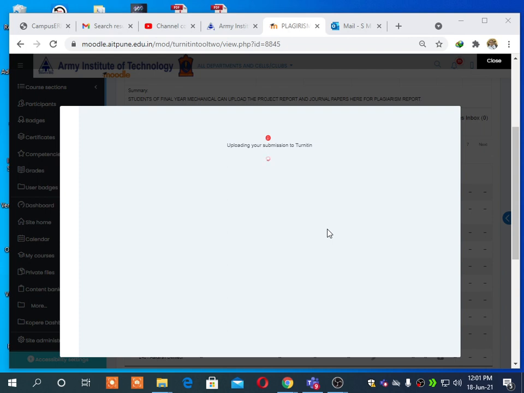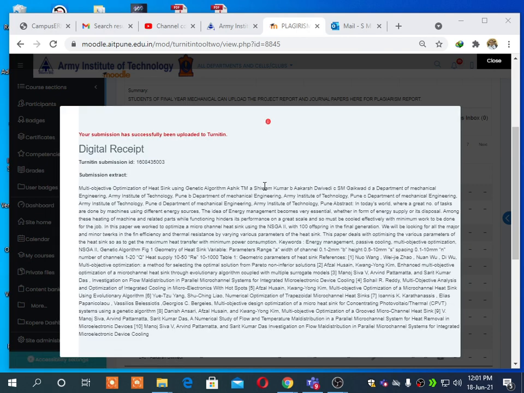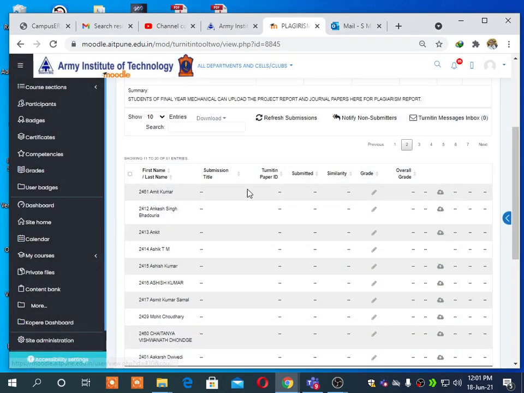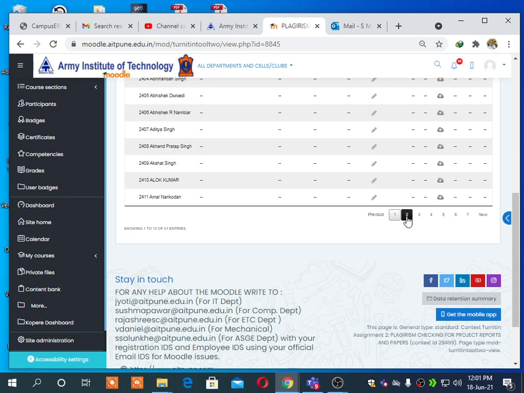and it will give me the similarity index, how much similarity there is and how I can do that. Mostly it is used when students are submitting any kind of seminar report, project report, or any kind of paper. At that time we can use it from the Moodle itself. For that purpose, it is one kind of assignment. Your submission has successfully been submitted to Turnitin. Thank you. Now the similarity report will be available.